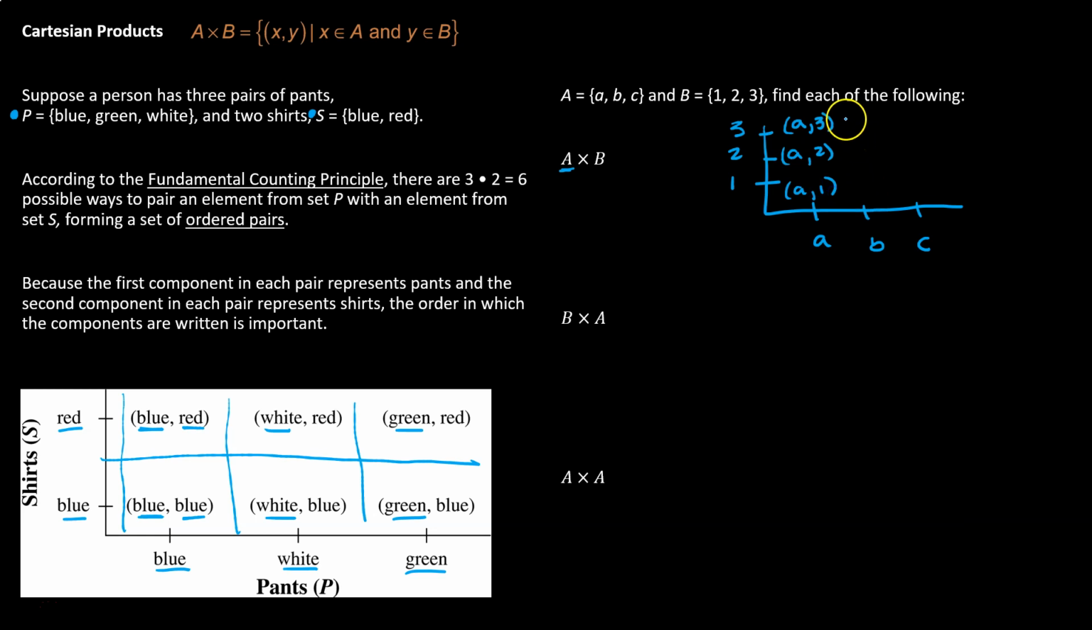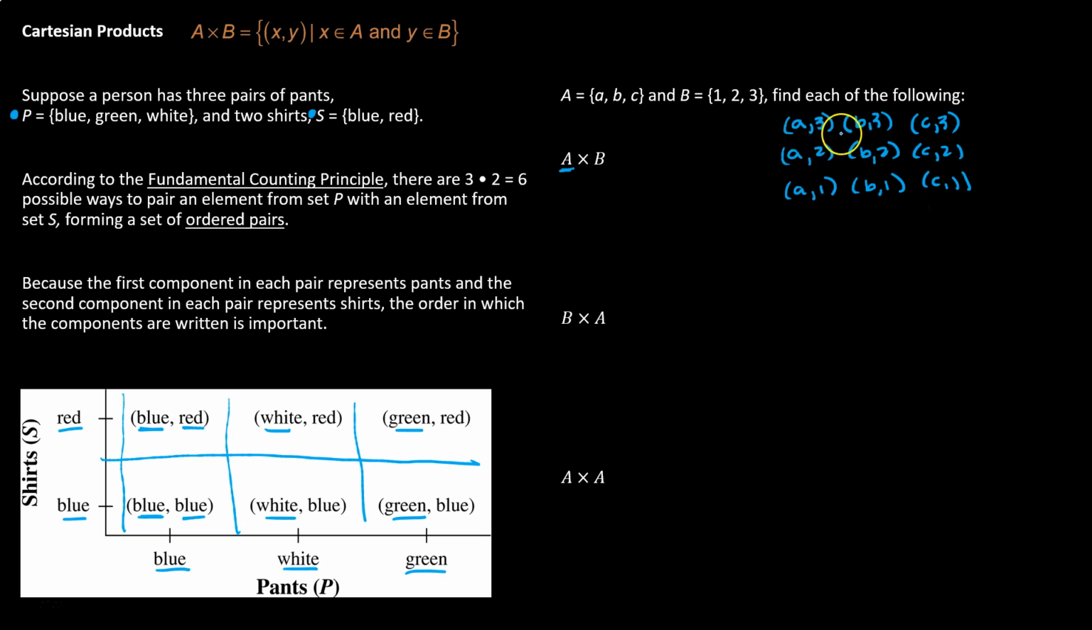And then we need to do the same thing for the B column. B3, B2, B1. And then for C, C comes first: C3, C2, C1. And if we listed it off as A cross B, then all of these elements would be listed. So I can quickly convert this into a list of elements just by putting commas between everybody, and then putting curly brackets at the beginning and the end and saying A cross B is equal to all